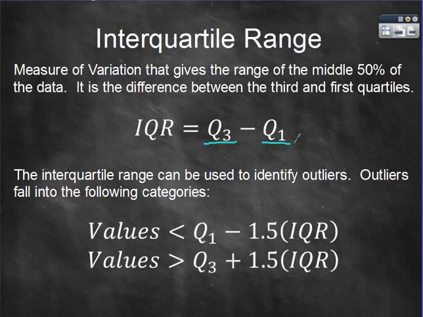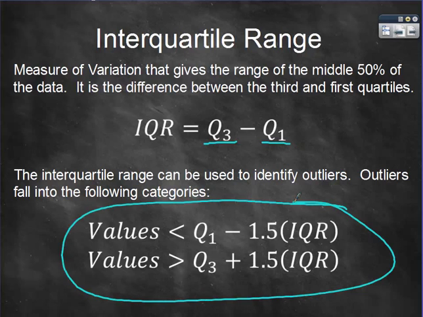This formula is not on your formula sheet. So I recommend putting it on there in the bottom of the first page. And also putting the interquartile range test, which I'm actually circling right here. This should also go on your formula sheet because it's also not there. These two things are very important. The book actually touches on them, but they don't really go into much detail, which for some reason I do not know. If I was writing my own textbook, it would be a whole little section of itself. But because it's not on your formula sheet, please make sure that these two things that I've circled on the